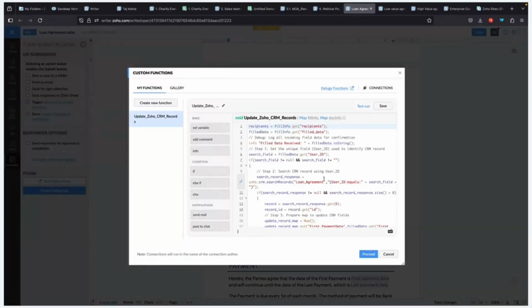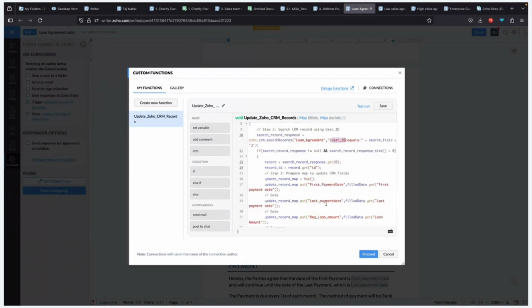So here you can see that I've added a script, and for this configuration, we have a dedicated Deluge webinar available. Sam will be posting that link, so you can check out this detailed configuration over that webinar. For this, you can see that I've added the module name, and I'm going to match the record based on user ID. So based on the customer's user ID, which I have in my CRM as well, I'm going to match the record,